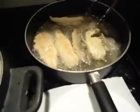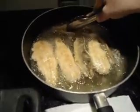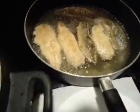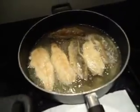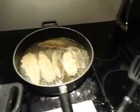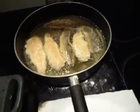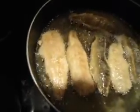As you can see, some of the sides are skin up. Skin's looking nice. Yeah. Look at that. That was a good one right there. They are nice and breaded, and you can see the seasoning on them. And it doesn't really take that long for the other sides to cook. So what you want to do is just turn your heat off, and they'll probably cook good enough. And when you know you have a good cook, it'll start to bubble. Like the very outer meat will start to bubble. I don't know if you can see it, but